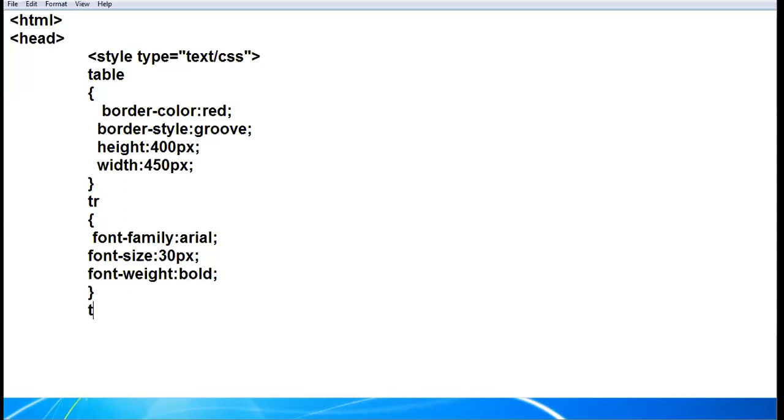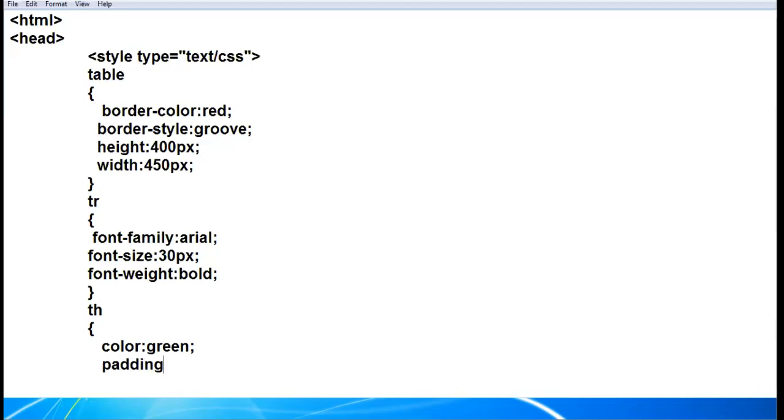So here I apply the properties to the th tag. What color do I want for all my header cells? Green. I want the green color for them.